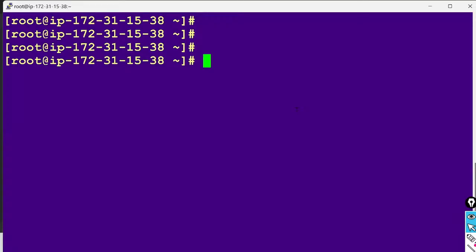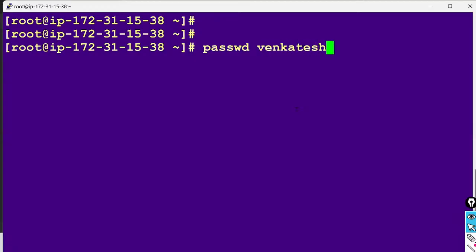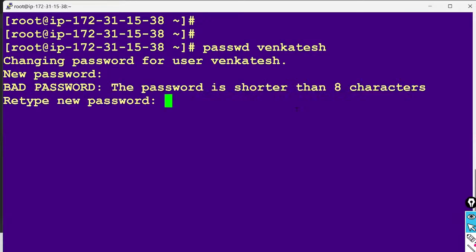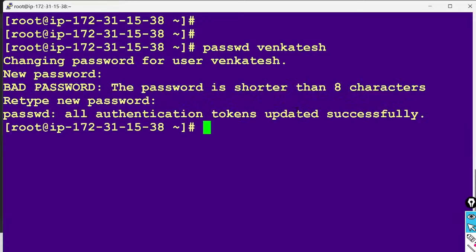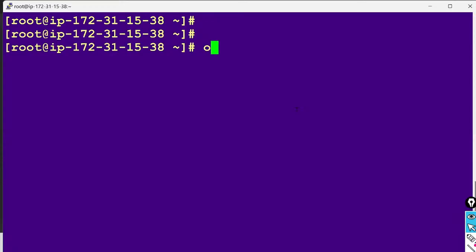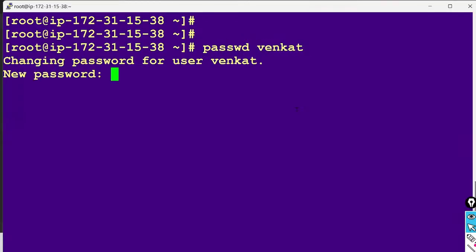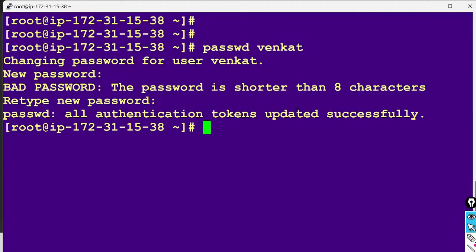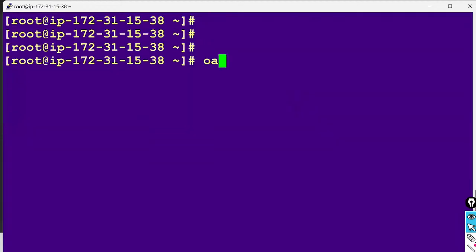Sir, how should I provide a password for those users? Simple: passwd Venkatesh, or Venkat, press enter. Enter 1, 2, 3 and confirm 1, 2, 3. Afterwards, provide a password for Venkat: 1, 2, 3 and 1, 2, 3. Then provide a password for Satish: passwd Satish, 1, 2, 3 and 1, 2, 3. Then passwd for the last user, 1, 2, 3 and 1, 2, 3. That's all.